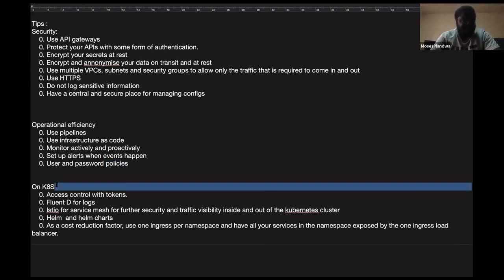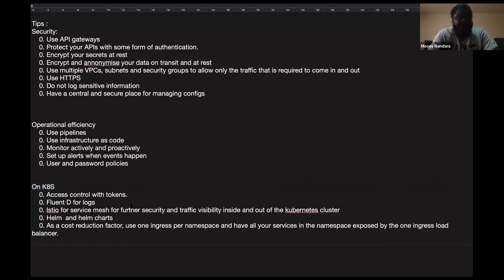And the next thing is on Kubernetes. Tips that you could do, give access control with tokens. So for example, if I'm a developer working on a certain project that has a certain namespace, give me a token for the namespace that I need. Don't give excessive permissions. And then you could use things like fluentd to configure your logs from the Kubernetes cluster